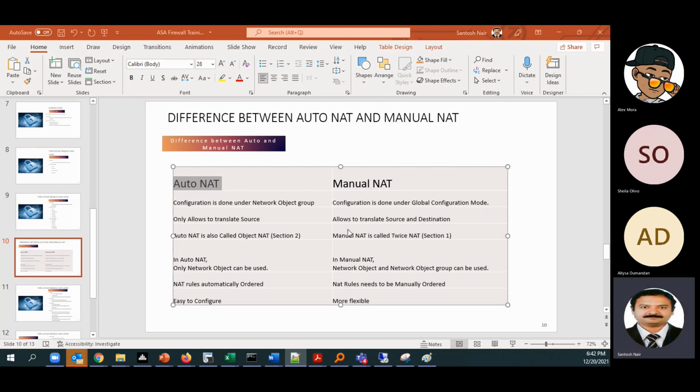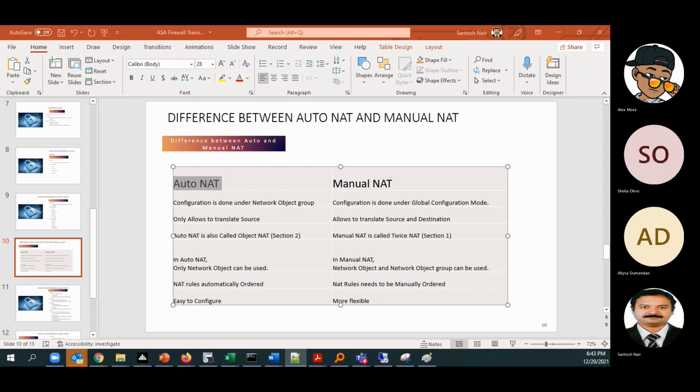Whereas if it is manual NAT, how will we configure? We'll go to conf t, and there itself in the global configuration we'll give the nat inside, outside, and then the object group.